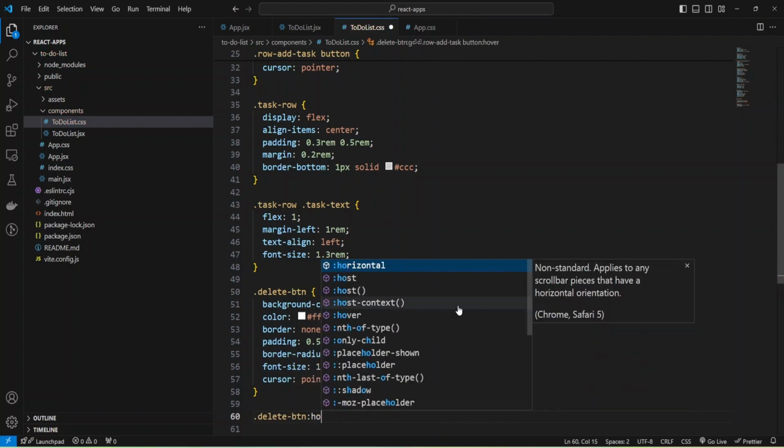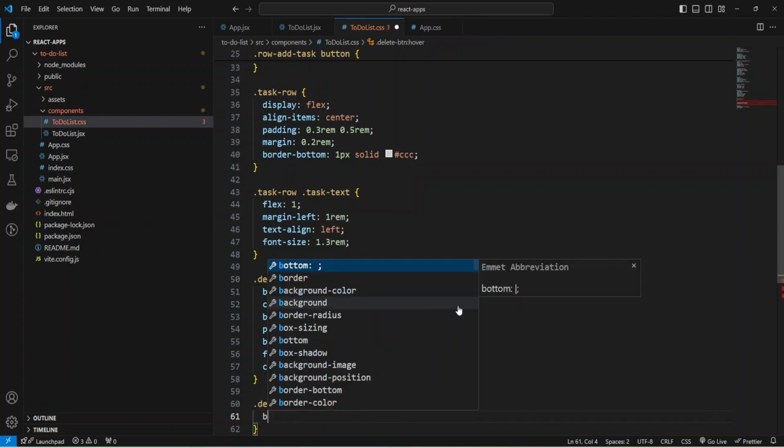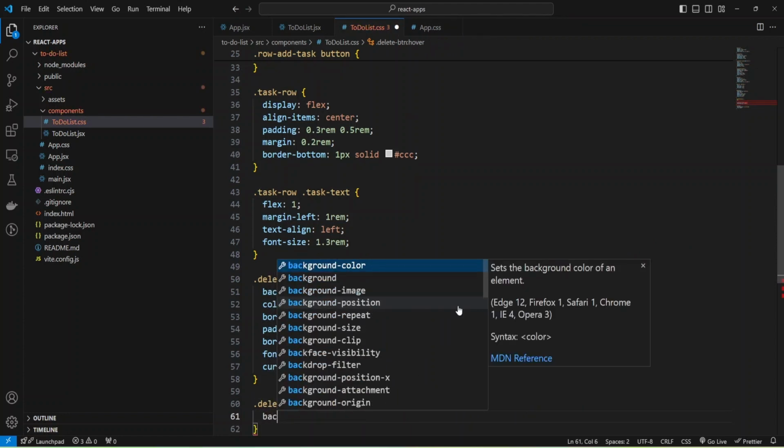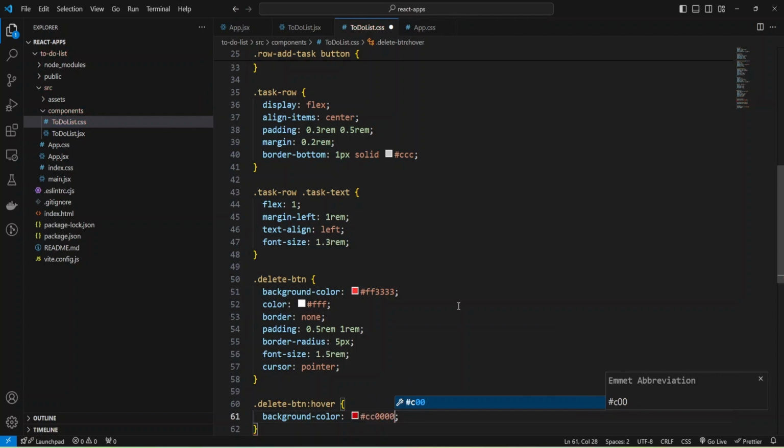It will be hover pseudo class, and just change background color to some other red, something like that.